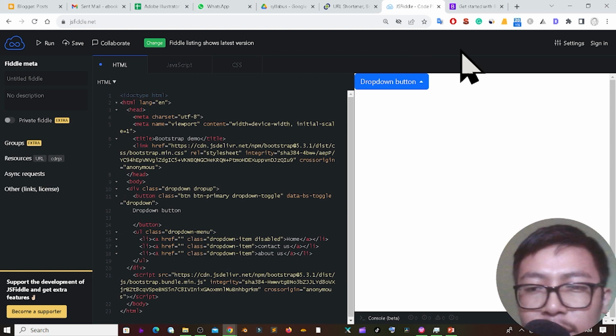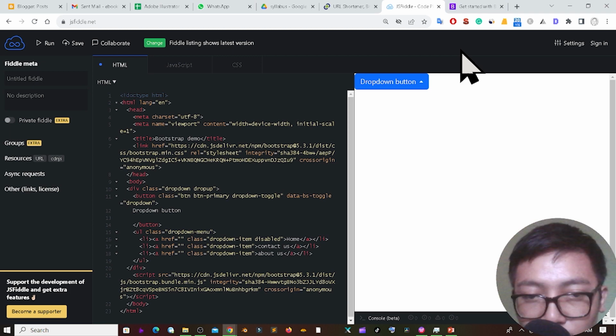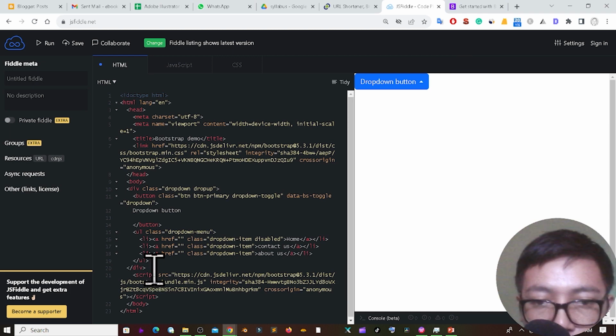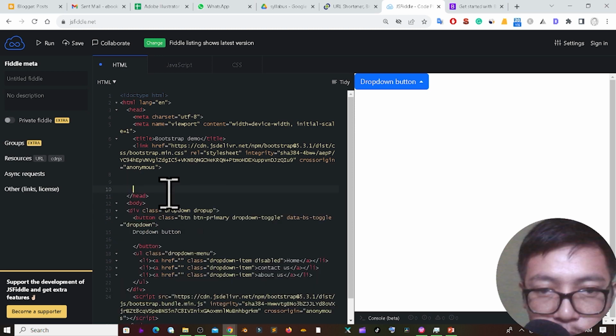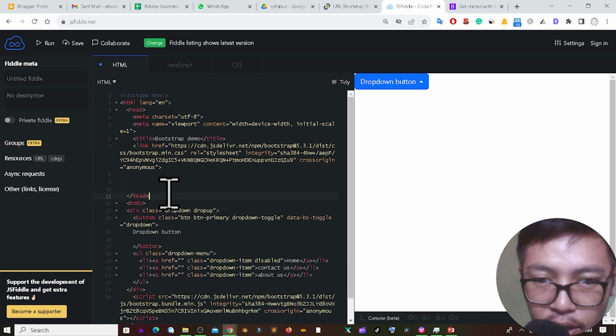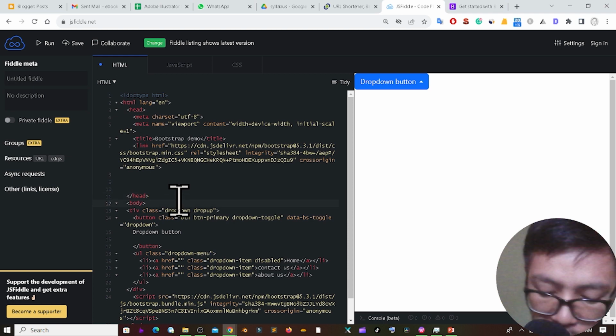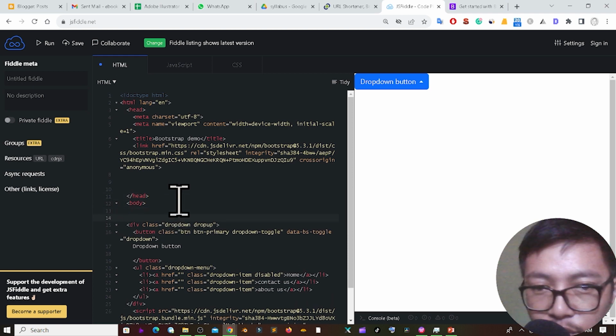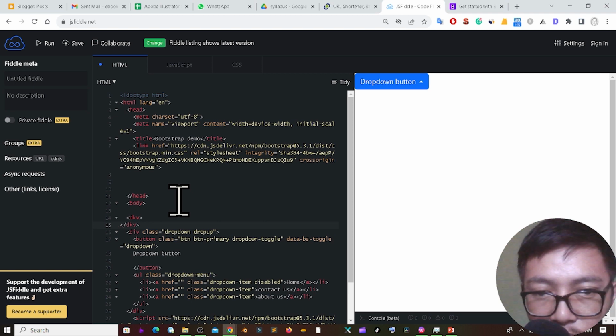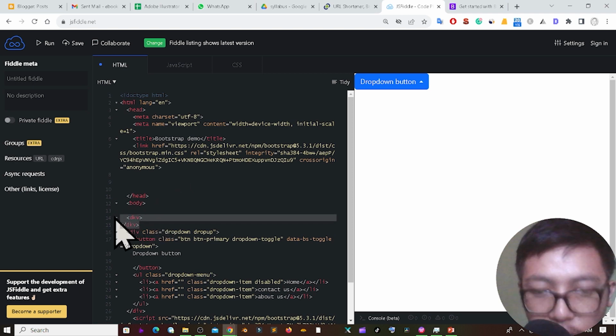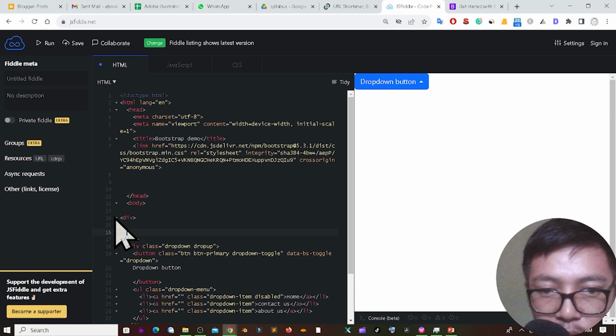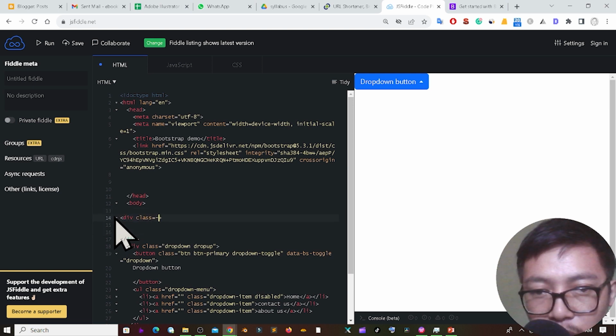Okay, and you can easily create the grouped button with the dropdown. It is also very easy. For that one, I am just going here below the button, below the body. I'm just clicking in the body, and I'm just pressing enter. Now I'm creating a div here. Not dkv, okay, div. Inside this div, I am giving a class here. That class is